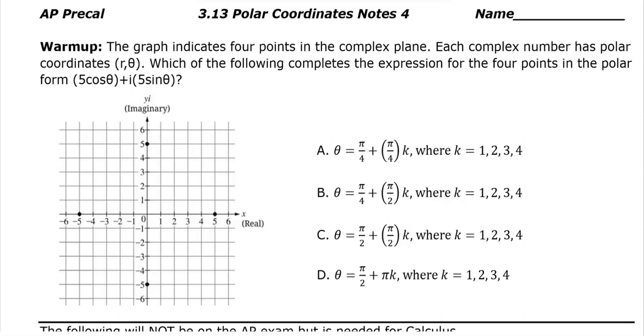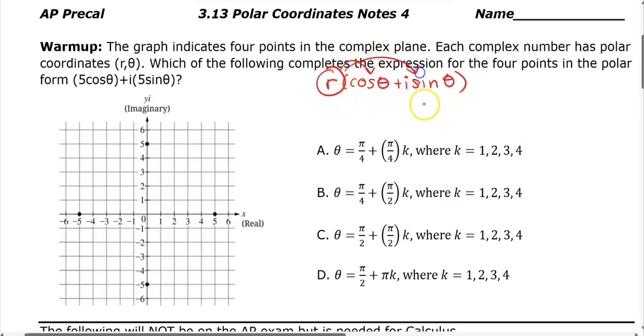5 sine theta? Notice the way that this is written, 5 cosine theta plus i 5 sine theta, that's very similar to what we did previously, where it was r cosine theta plus i sine theta. But what's different here? Notice there's a 5 with each one of these. That's the 5 from the r, and all we've done is distribute that r. So the way this is written is no different than having 5 cosine theta plus i